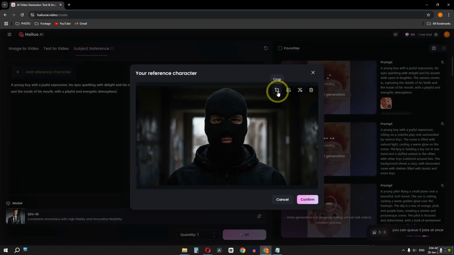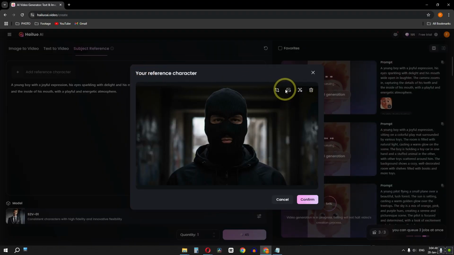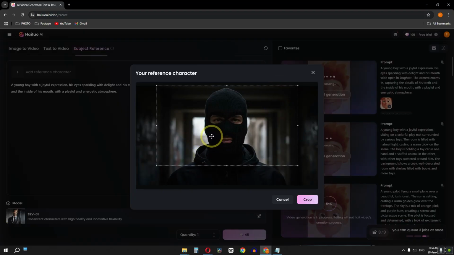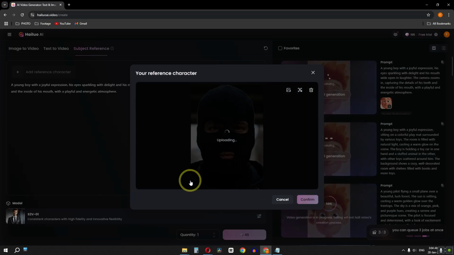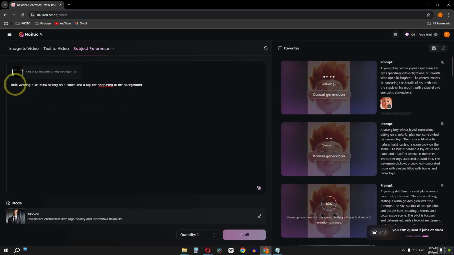Now I'm going to click here to crop, or as you can see guys, you can see my character. You will get to your characters. If you go back, we can also swap the character, or you can delete your character as well. So now I'm going to just crop, and now let's click on the crop. Let's confirm. Now I have typed this prompt: man wearing a ski mask sitting on a couch and a big